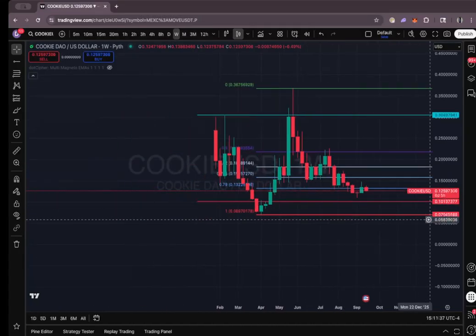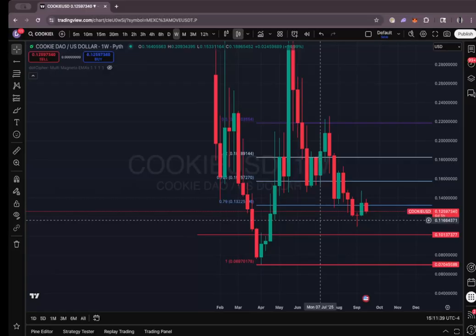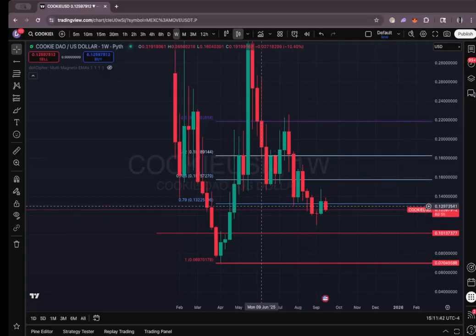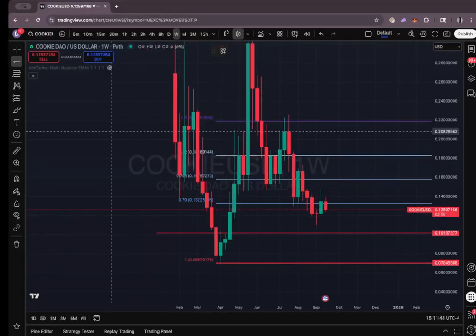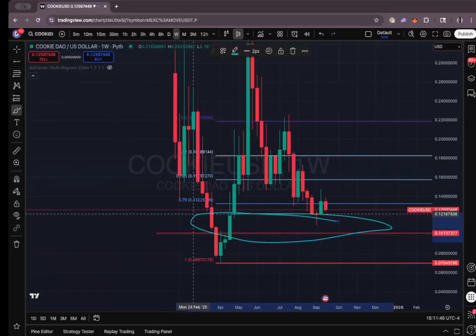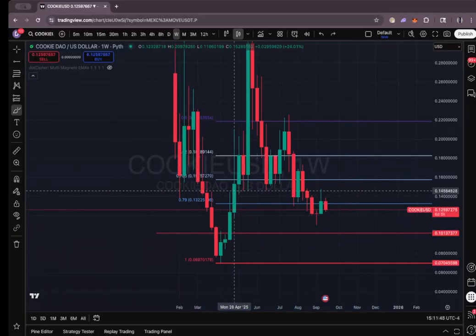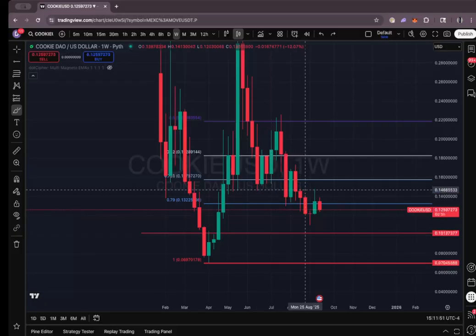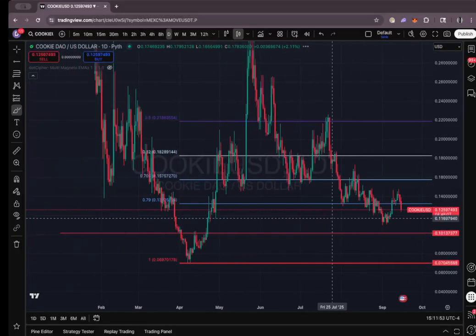This is not yet quite good. This is actually okay. We're looking okay. Look, you see we got a wick in right here. Look at that. We already mitigated this. But I think we're a little too early. If you're long on this, I think you're just a tad bit too early because